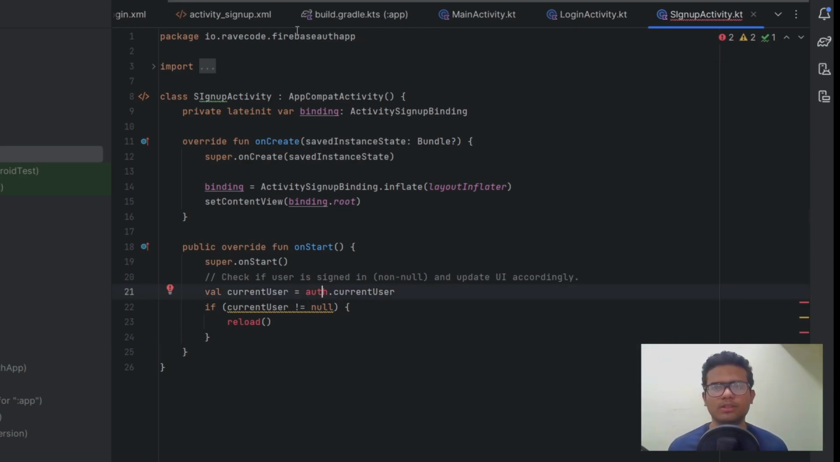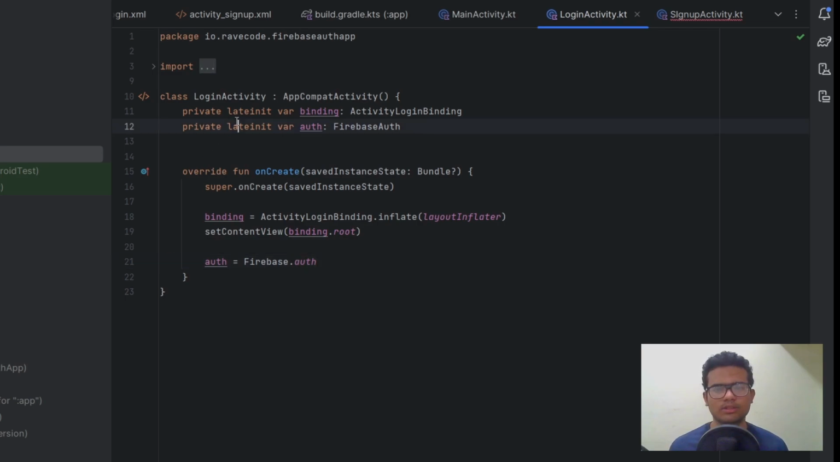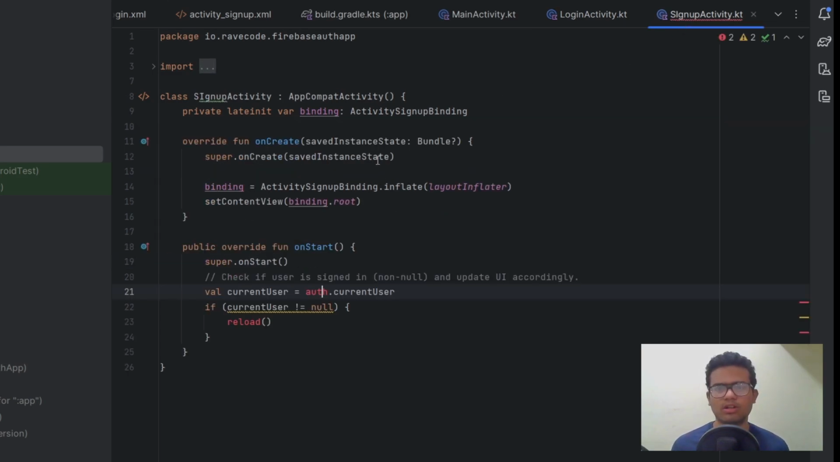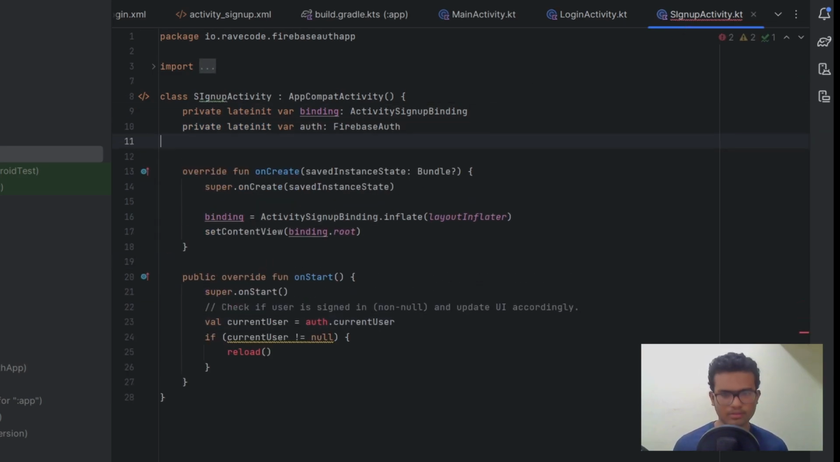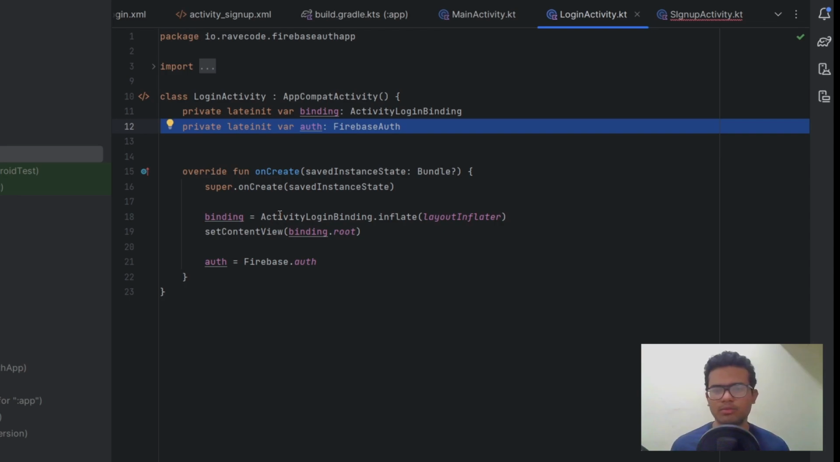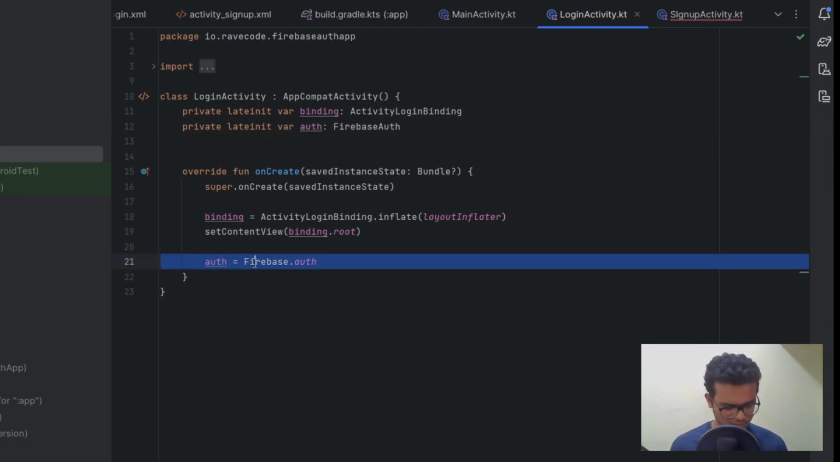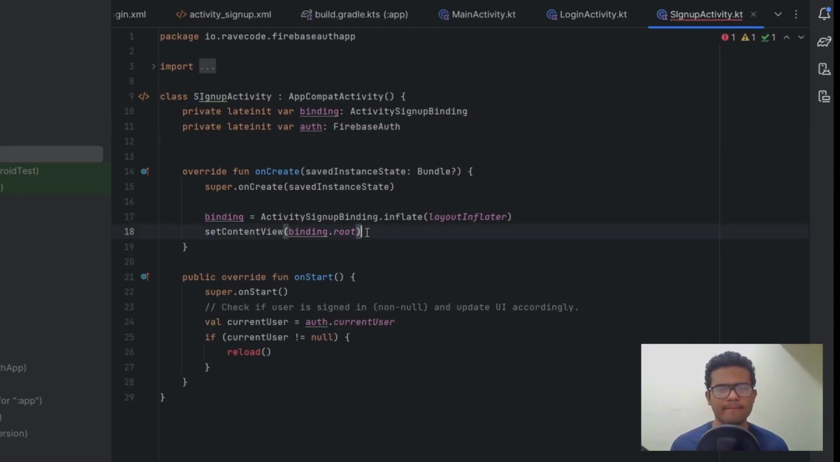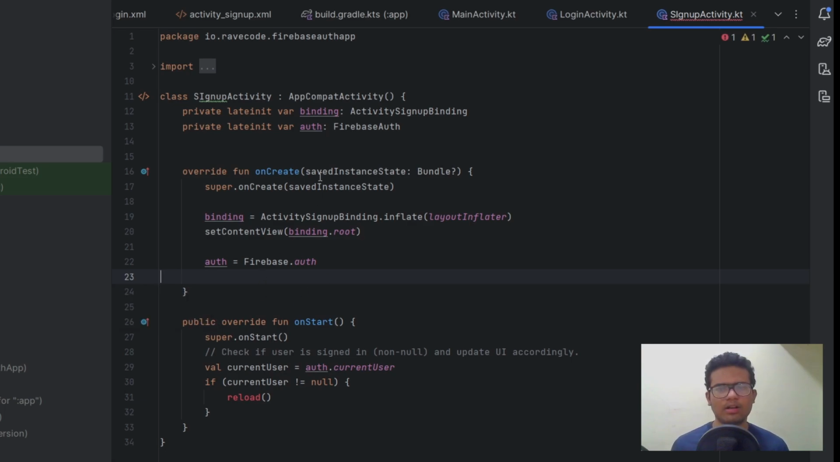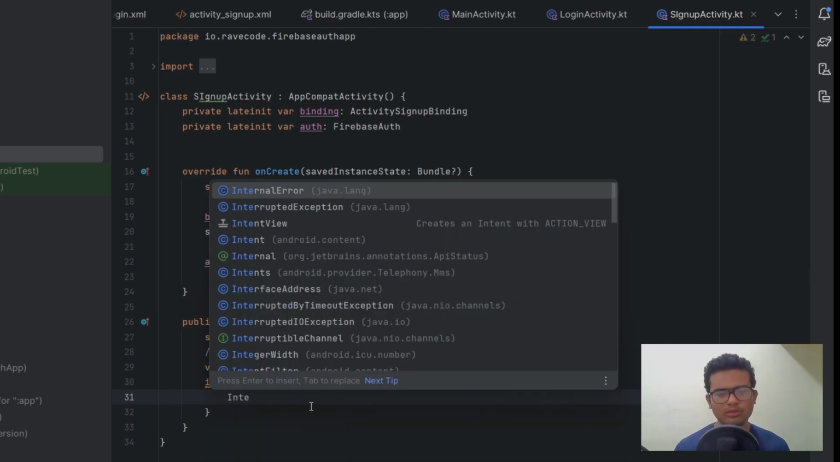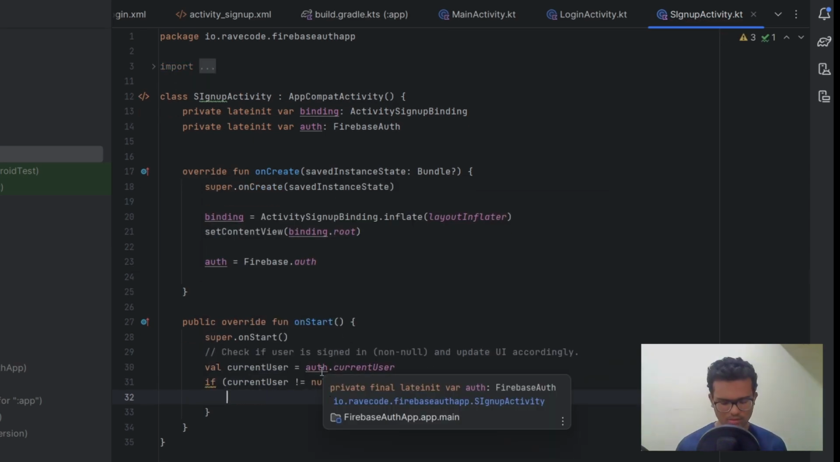Actually we missed something. Yeah, actually missed this part here. So we'll copy paste that. I love copy paste. Okay, so this will be fixed. Yeah, now if our user is not null, means we are already logged in, we'll move the user to our main activity. Intent equals, so val